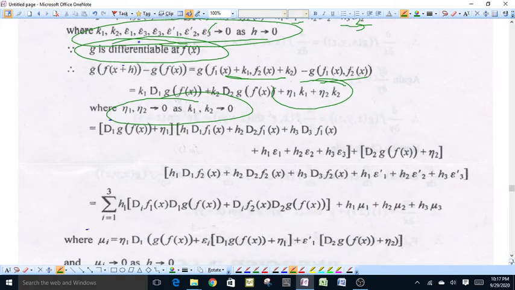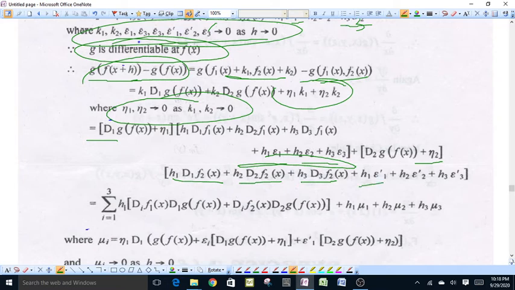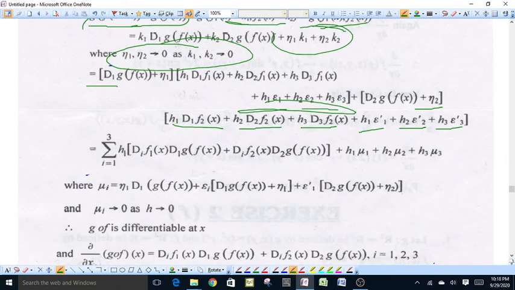And this will be equal to g(f(x+h)) - g(f(x)) will be equal to d1 g(f(x)) + eta1 into (h1 d1 f1(x) + h2 d2 f1(x) + h3 d3 f1(x) + h1 epsilon1 + h2 epsilon2 + h3 epsilon3) plus d2 g(f(x)) + eta2 into (h1 d1 f2(x) + h2 d2 f2(x) + h3 d3 f2(x) + h1 epsilon1' + h2 epsilon2' + h3 epsilon3'),